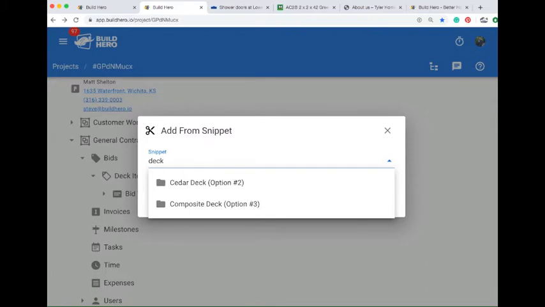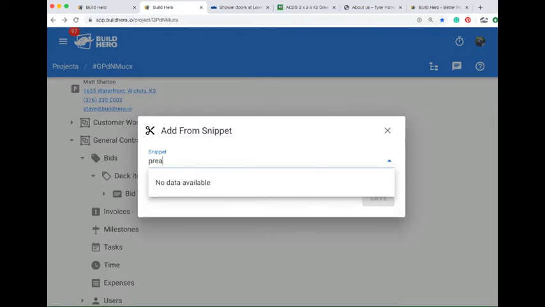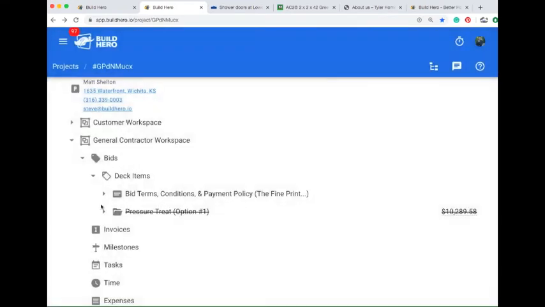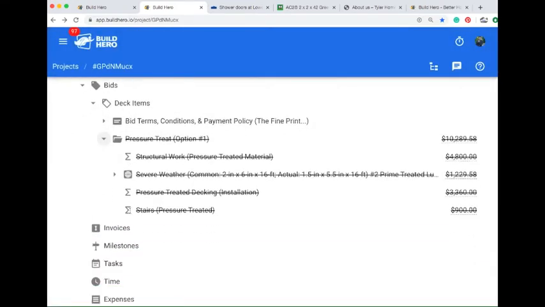So you see I already have a couple options here. Let's start with the pressure treated one. So I got a pressure treated option number 1, it's going to pull it in for me. It already had it crossed off because I built it in a different project, and you can see all these